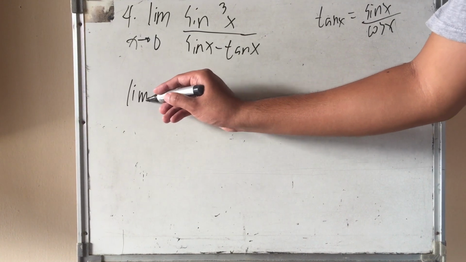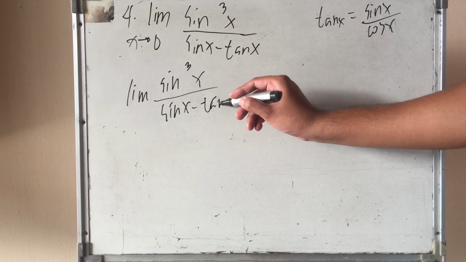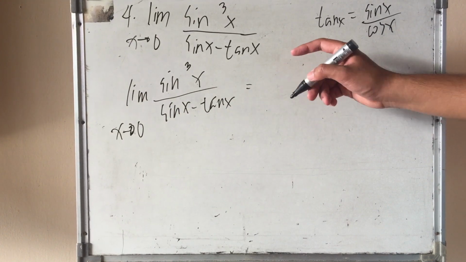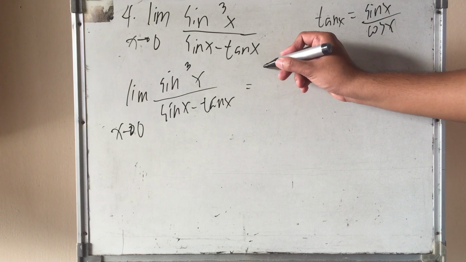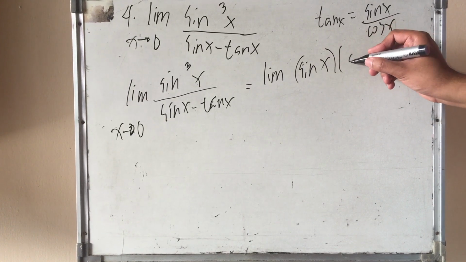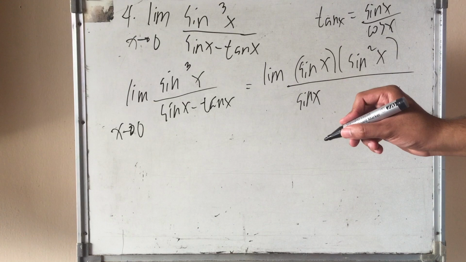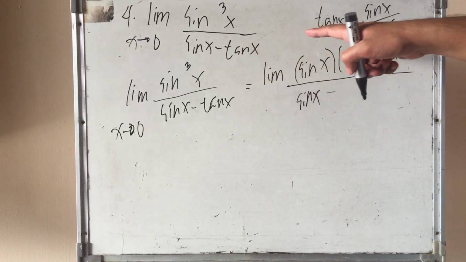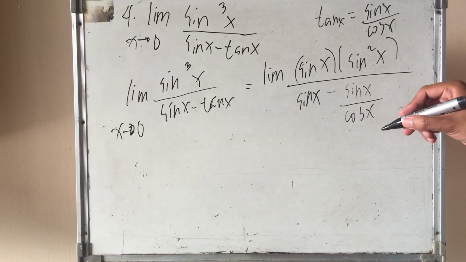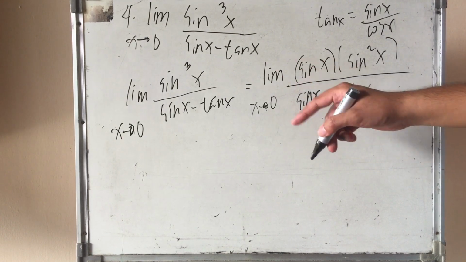So the limit of sine cube x over sine x minus tangent x as x approaches 0 is equal to, factoring out sine cube x, the limit of sine x times sine squared x divided by sine x minus the identity of tangent x, which is sine x over cosine x, as x approaches 0. So further simplification of this equation, we have